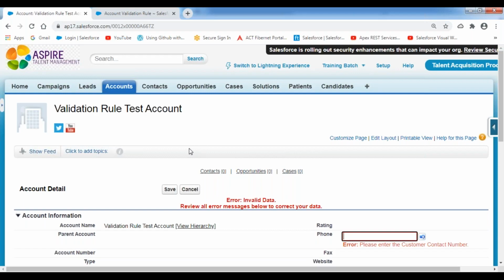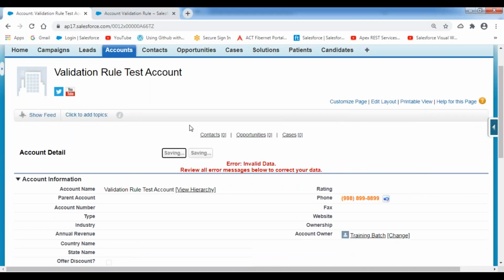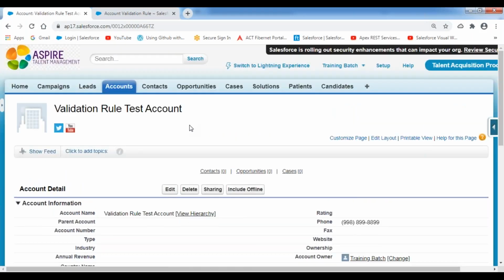That means before updating the record, my validations are fired over here. So now here I'm entering the data, and now click on save button. Now the record will be accepted. So validation rules always fire before saving the record, that means before creating a new record and before updating an existing record inside your object. This is how we create validation rules inside your Salesforce instance. This is the navigation process we have to follow.